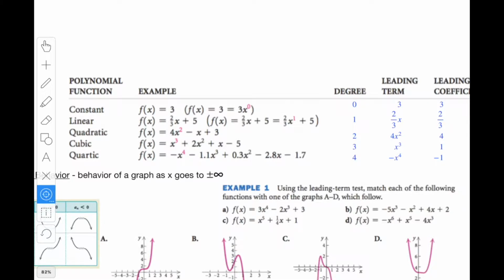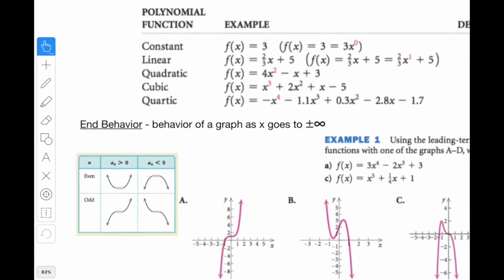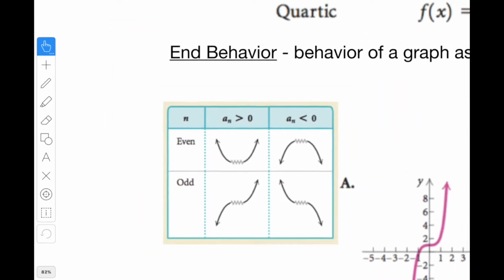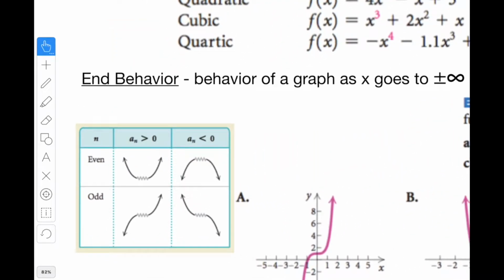So when we examine this leading term and the leading coefficient, it gives us clues as to what the graph looks like. Here is a pretty important table to talk about end behavior. End behavior is the behavior of a graph as x goes to positive infinity and negative infinity. If you know what the end behavior is, you might have lots of crazy stuff going on in the middle, but eventually the graph will go up to positive infinity, or maybe negative infinity. In fact, if you know what the leading coefficient is,